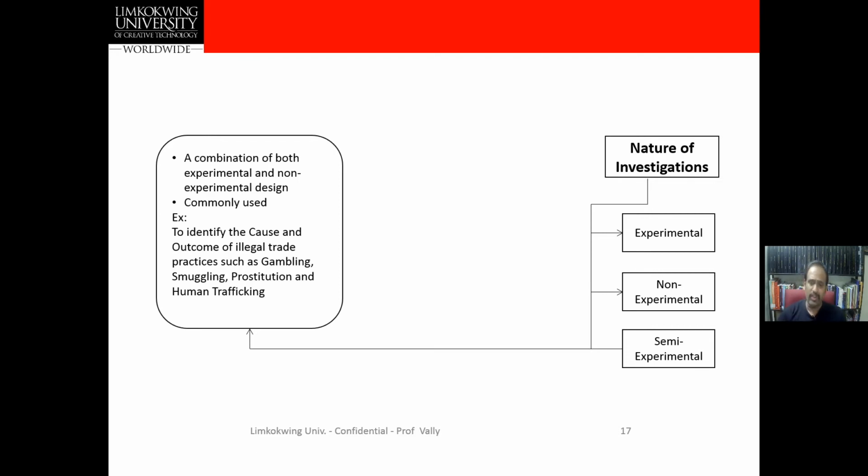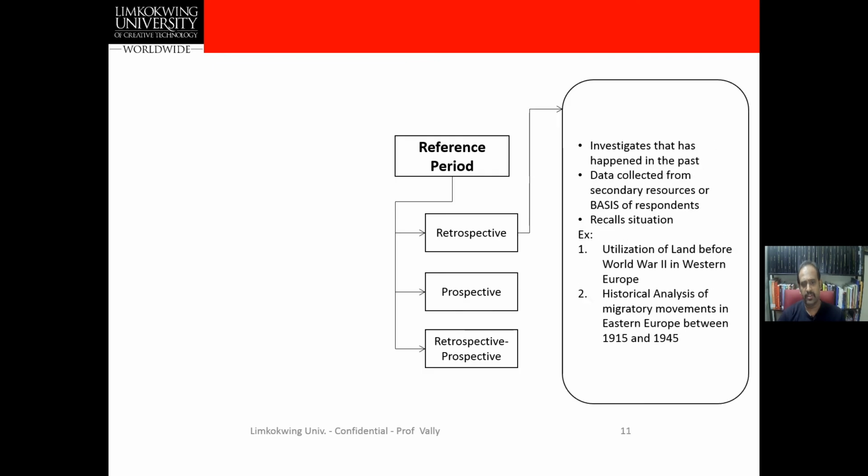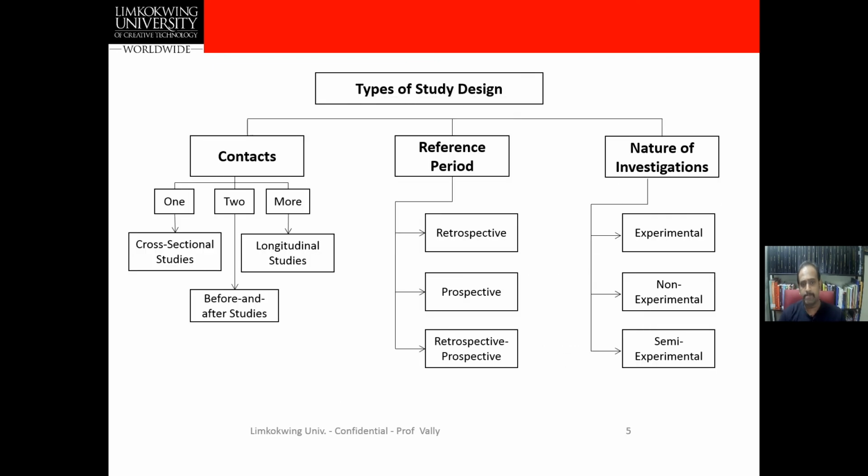So now you have seen all these study designs. You cannot decide now that you are going to do only cross-sectional or only experimental. It depends upon your research problem statement, your literature review, and your data collection. Only when you come to that stage will you know what kind of study you're doing. So you can just prepare yourself to know all these things at this point in time.